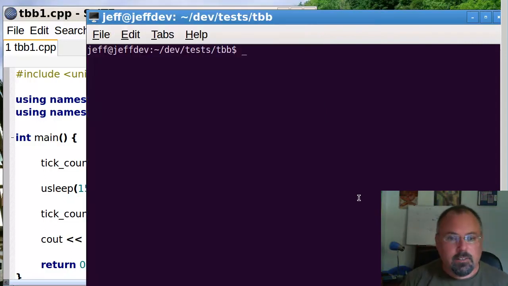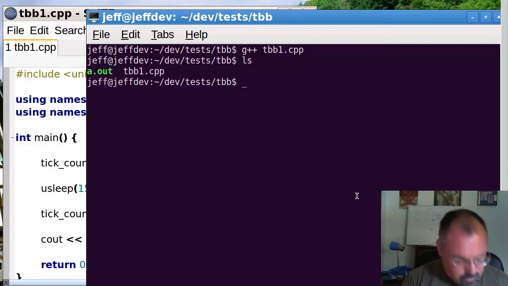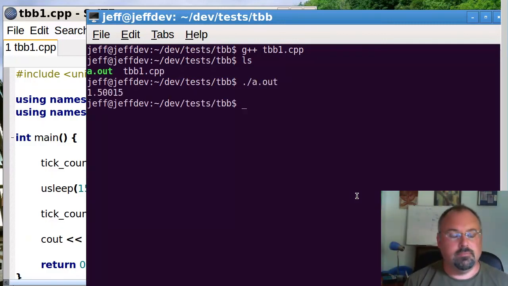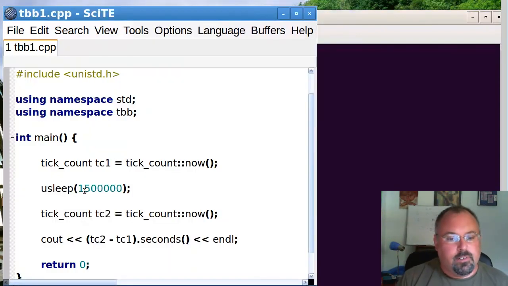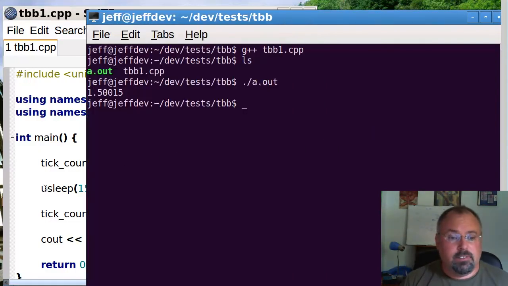And if I typed everything correctly, we can build this. And I didn't provide an output file name, so just a.out. And there we go. I had it sleep for 1.5 seconds, and it did exactly what it was told.